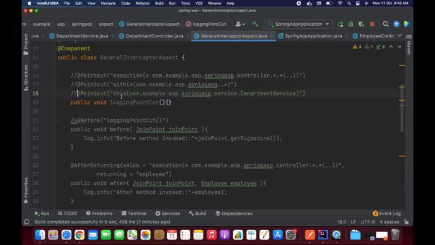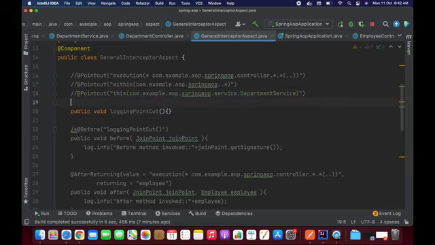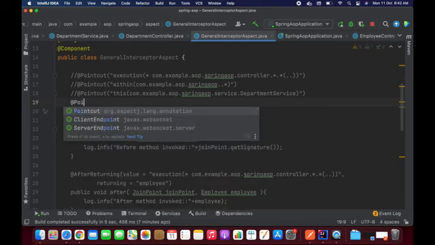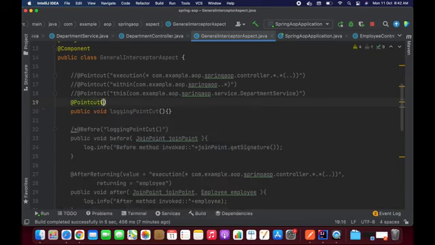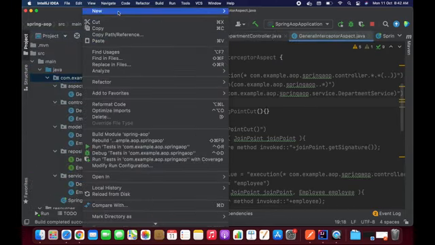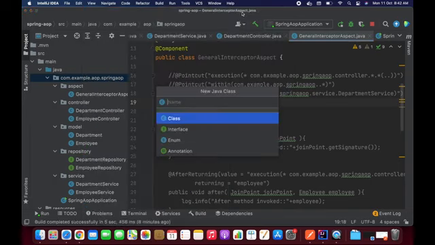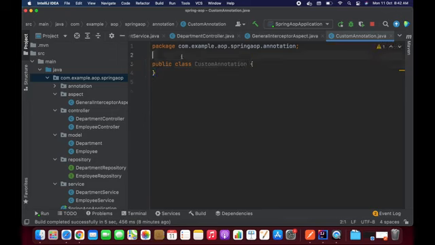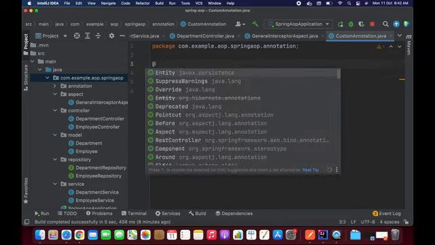And the final way I'm going to explain here is, when you have a custom annotation. Let's say that you have some custom annotation. So how are you going to execute that? Before that, let's write one custom annotation here. Inside the annotation package, let's write one custom annotation here. Okay, so basically it's going to take